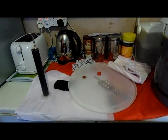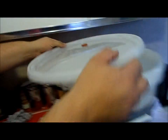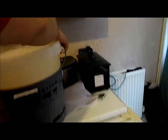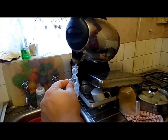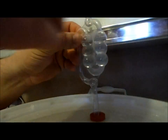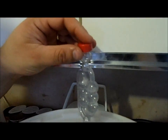So all we've got left to do now is put the lid on our fermenting vessel. I use water from the kettle just because I know with it being boiled it's been pretty much sterilised. Put our cap on,